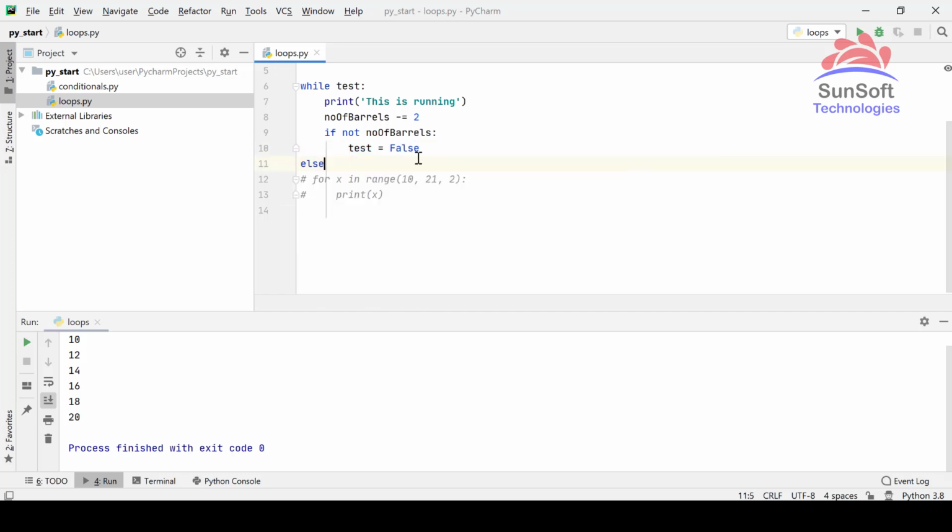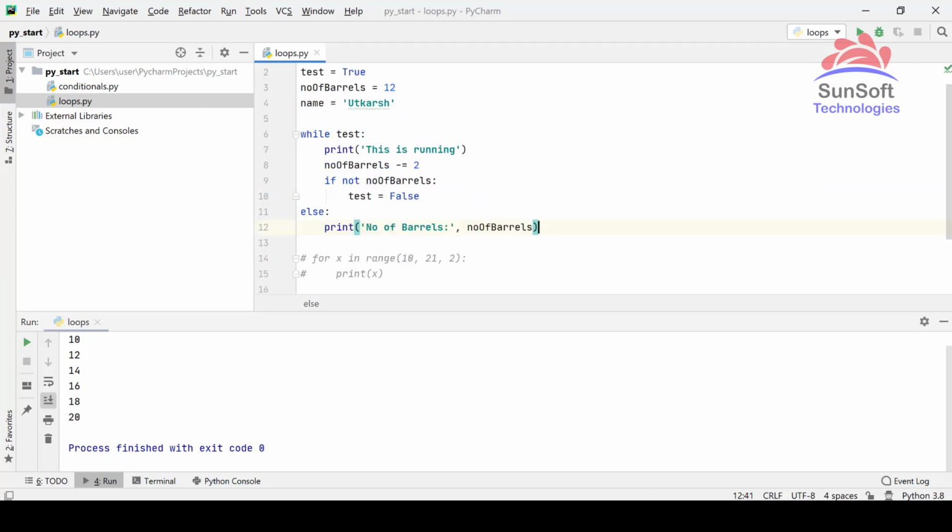So now what I want to say is, if this is true, then do something else. See, indentation is important. So else print out what is the number of barrels. I need to know what the number of barrels is after it is done with the loop, and then I want to print out number of barrels. So let's try and print this.